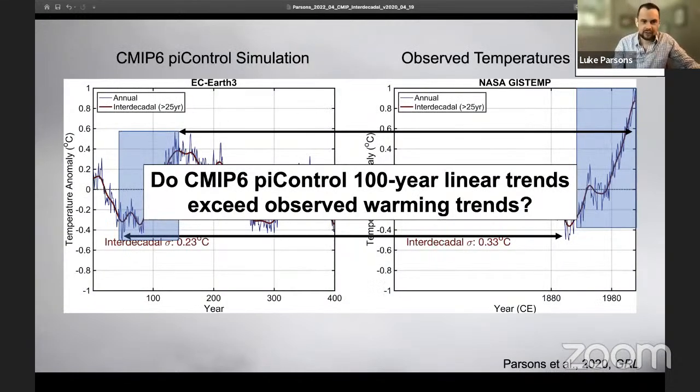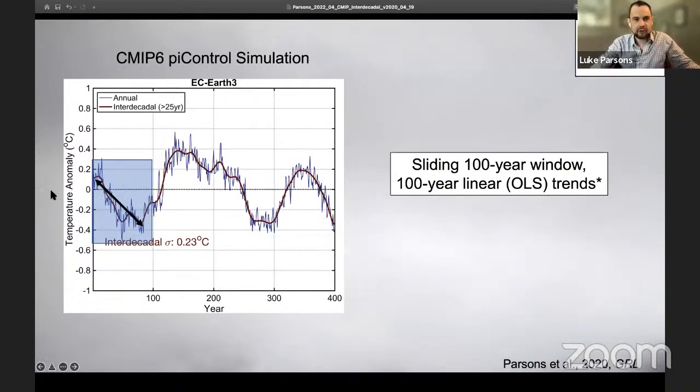So to define this question, I'm just going to be looking at 100-year linear trends, and I'll be asking, do CMIP6 control runs linear trends over 100-year time windows ever exceed the observed warming trends over the last 100 years or so? So to do this, I'm going to look at a 400-year time series, and I'm going to take this blue box and I'll just slide it through and I'll calculate a 100-year linear trend through the whole time